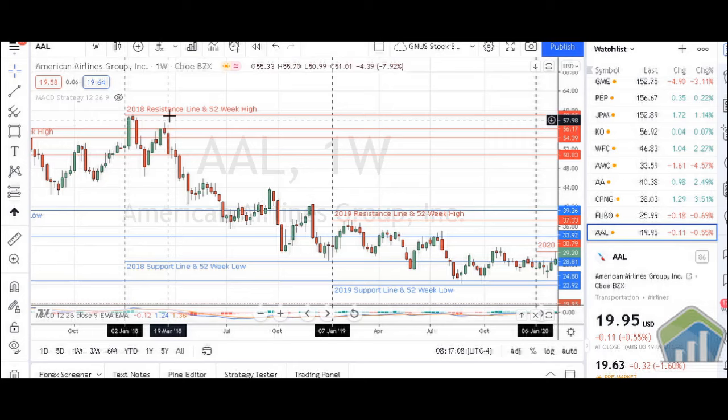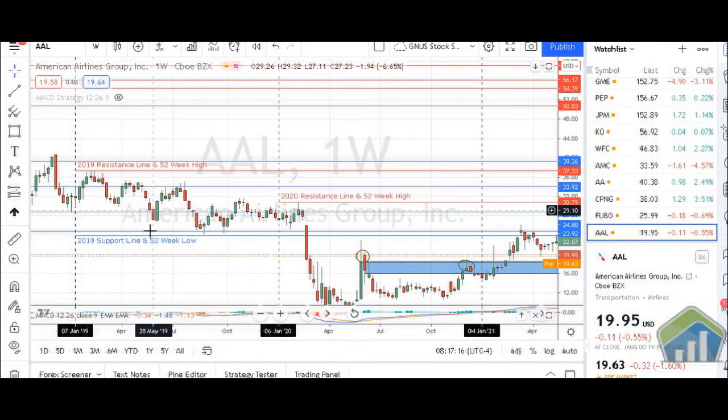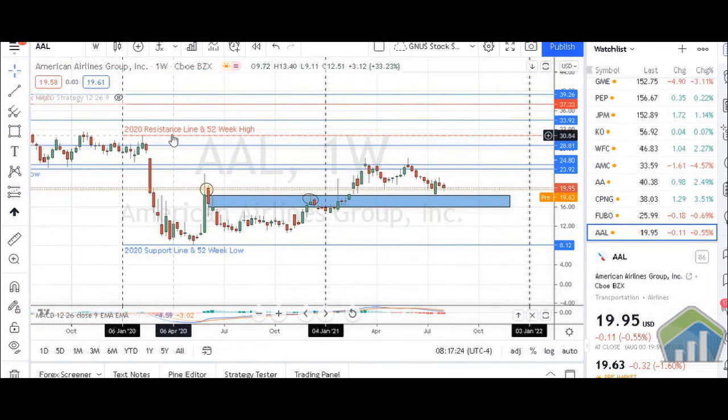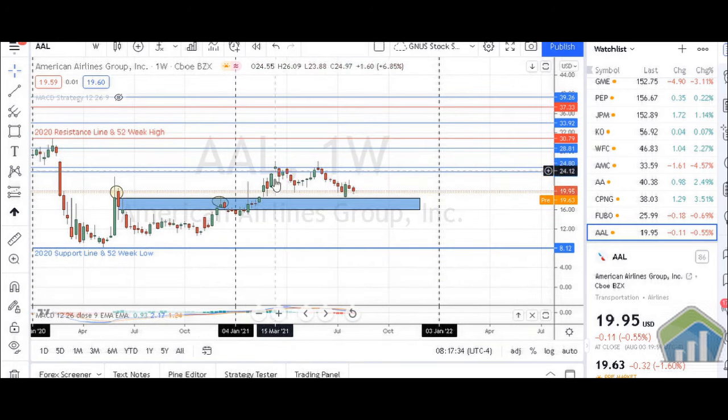Going into 2018, we have highs of about $59.05 and lows of about $28 and some change. 2019, we have highs of about $37.33 and lows of about $23.92. 2020, which is probably their worst year so far, highs of about 30 and lows of about 8.12. And then going into 2021, we can see that we have highs of about 26, right? And so far, our lowest point was basically starting off inside of 2021, about $14 and some change,